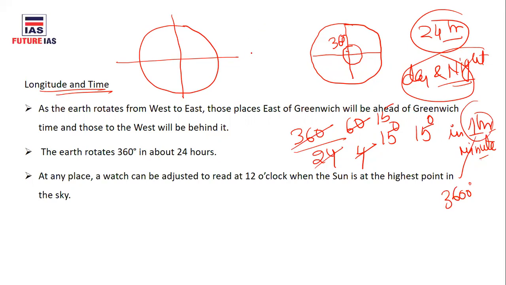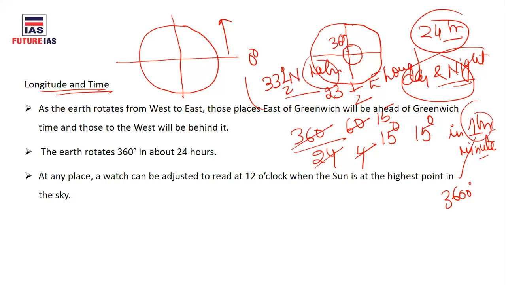Say this is 0 degree and this is your northern hemisphere. So let's say this one is 33 and a half degree north latitude, and 23 and a half degree east longitude. Okay, so this shows the latitude is in the northern hemisphere, so it will be lying somewhere here, and it is eastern longitude. So this is basically this quadrant, so this place is lying somewhere here, and we can